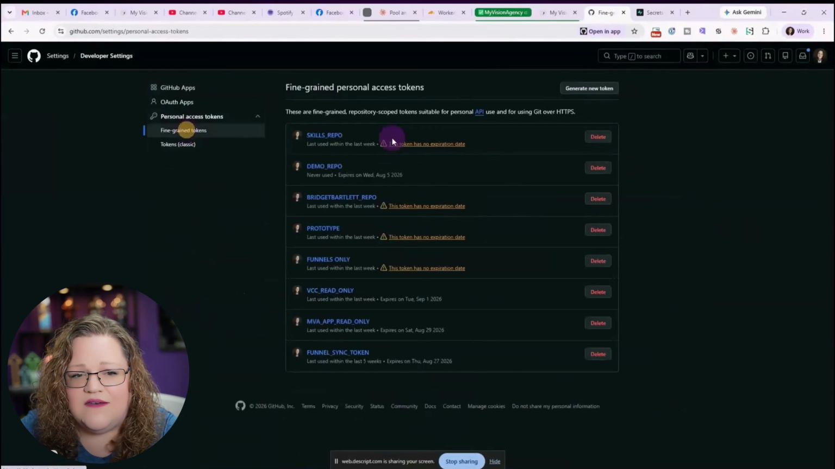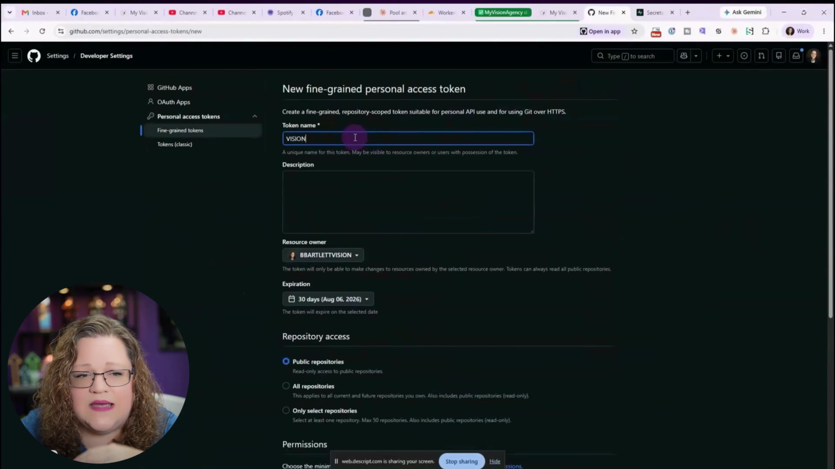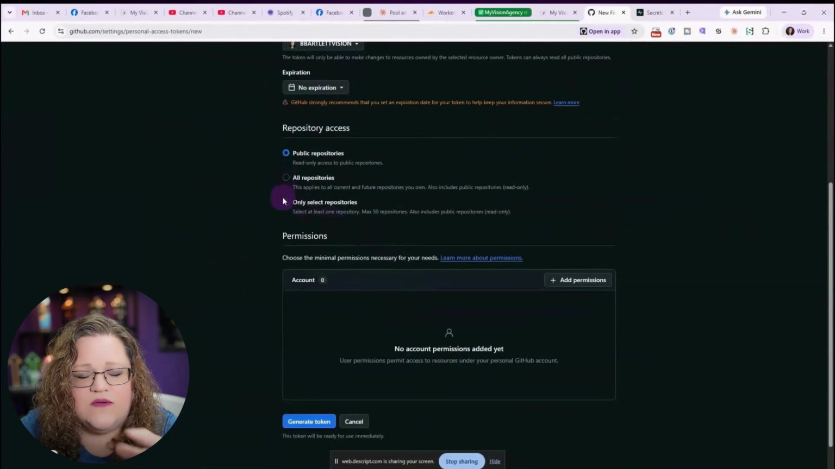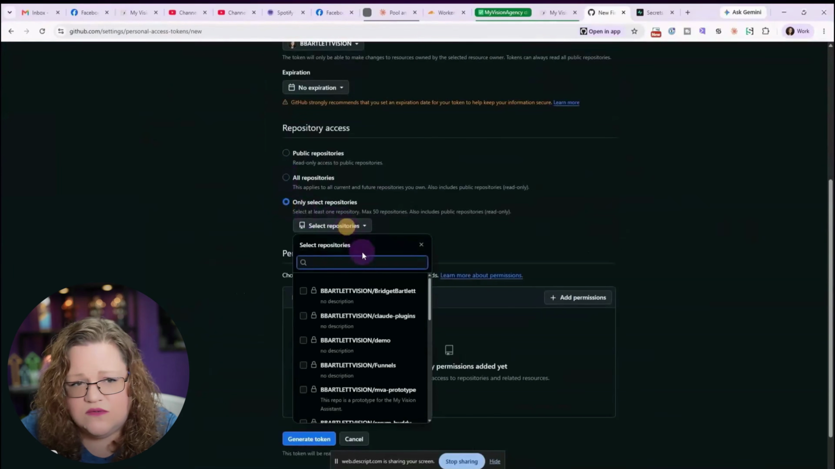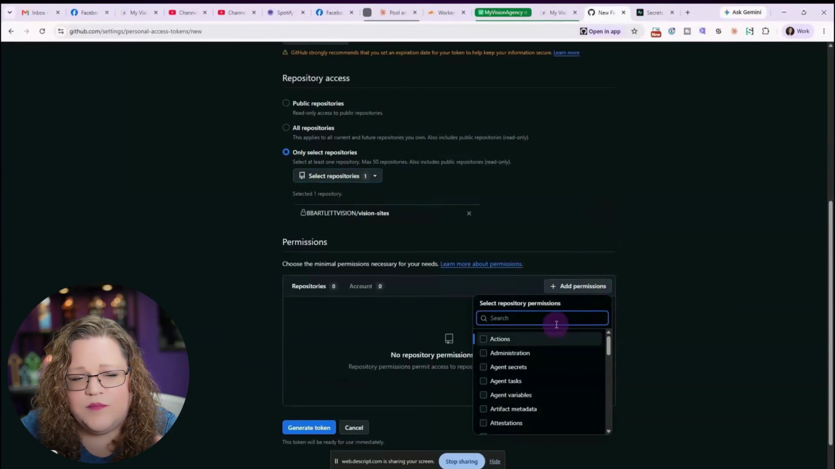This is where you're going to create that fine-grained token, which is similar to an API. You can call this whatever you want, but I like to name it the same thing that I'm going to put in Supabase, just again for the naming convention. You can choose no expiration or you can choose an expiration date. It's up to you. And then right now we're just giving this repo